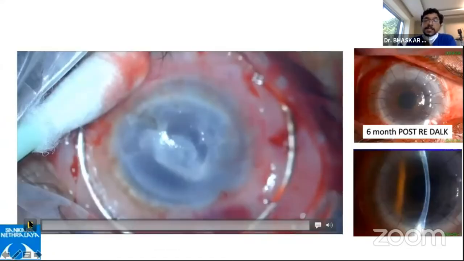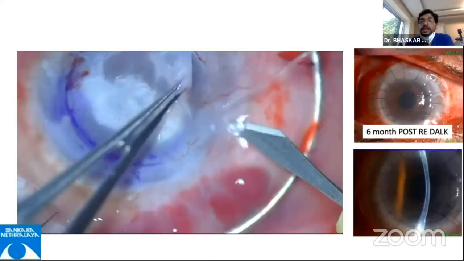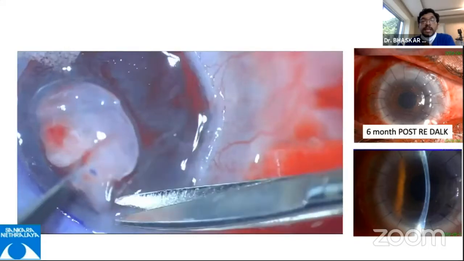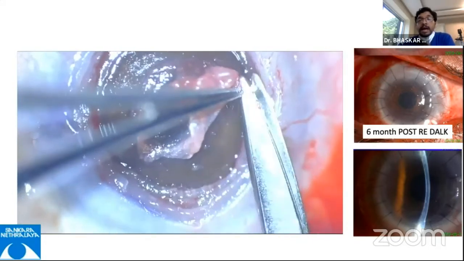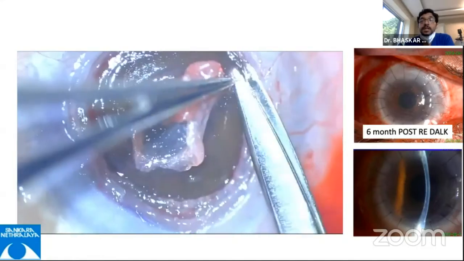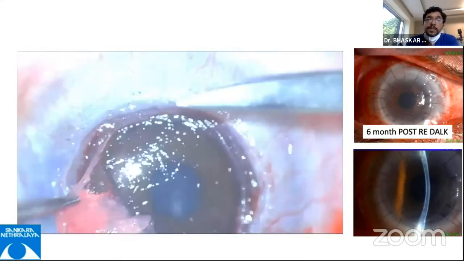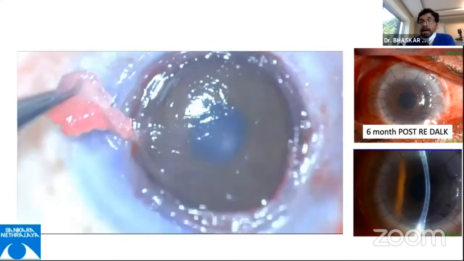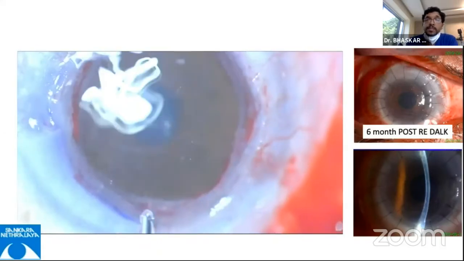So if the LK fails because of a stromal rejection, it's not too bad because you can again go ahead and redo the LK. It peels off in that area pretty easily. And you can now see that the area which is vascularized is the previous interface. You can go deeper, and the deeper interface is much clearer now. As we're closer to the DM, you can peel off the tissue much more easily. So doing a repeat LK is not difficult. You will get the plane pretty easily, but you might have to go deeper than that initial plane